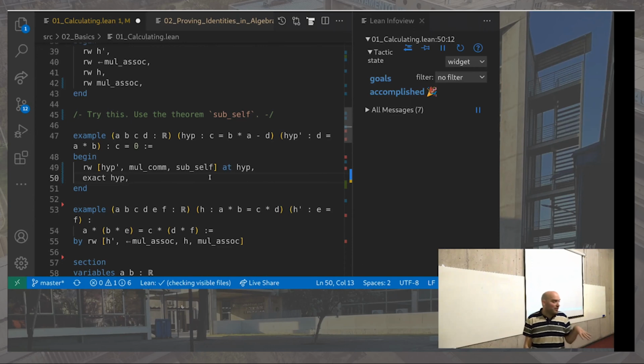Now that I've been using this stuff for 2 years, I can usually guess the name without even having to look in the library. So I'm sure that the theorem that A minus A is equal to 0 is called sub-self, because of the logic behind it: we have a name convention that we try to follow quite strictly. So I'm sure that sub-self is the name of this theorem. I'm sure that this theorem is in the library because it's so basic, and the name will be sub-self. For example, the fact that if you say A times